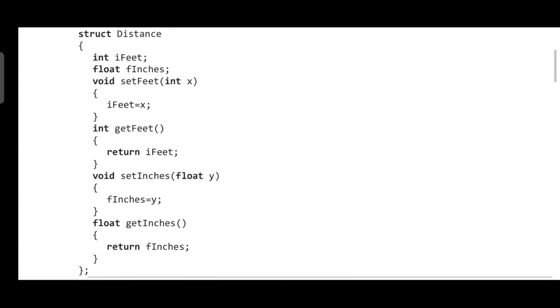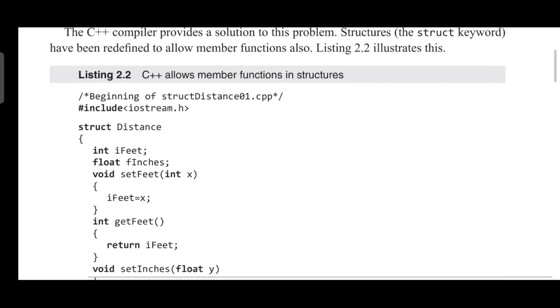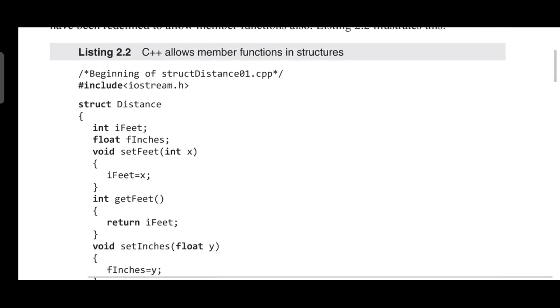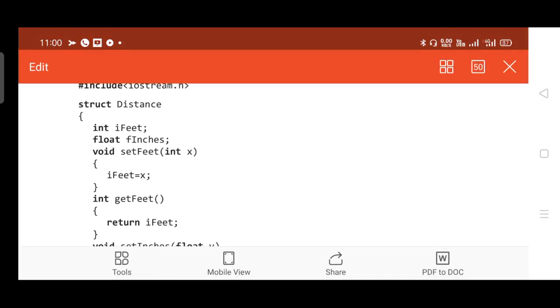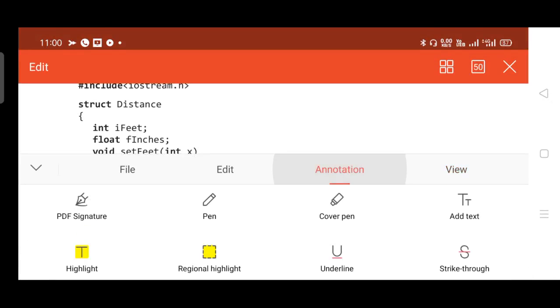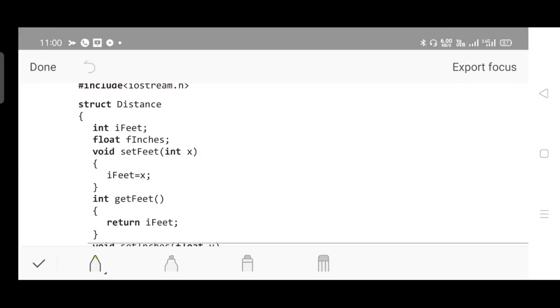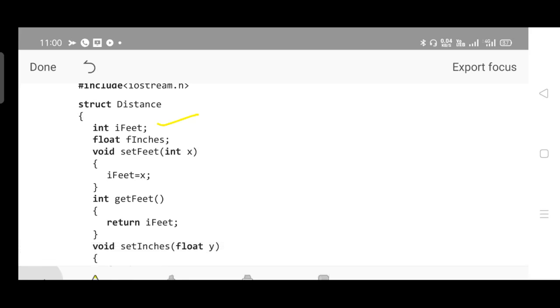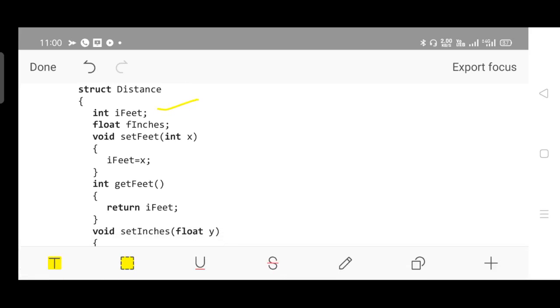Here one more example we are considering, distance. By using structure we'll revisit the structure, followed by which we'll be discussing much about the class. Okay, iFeet and fInches. I is the prefix for the data type, written for the sake of convenience. So iFeet is of type integer, fInches of type float. setFeet and getFeet are the user defined functions that are defined and declared inside the structure distance.